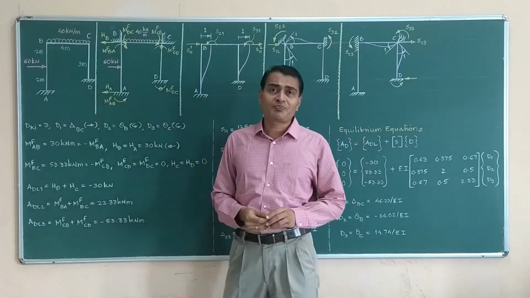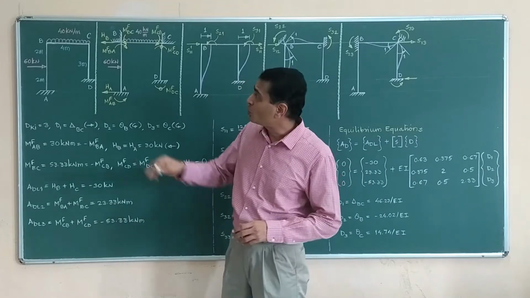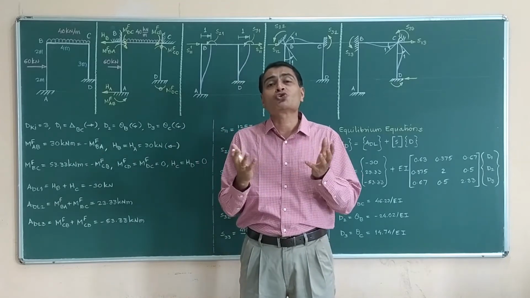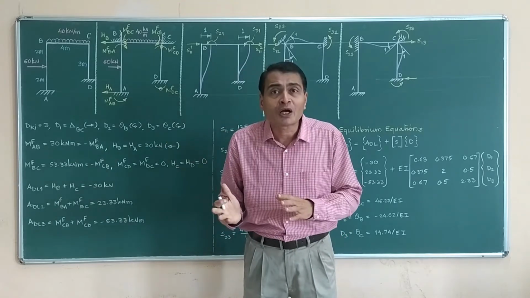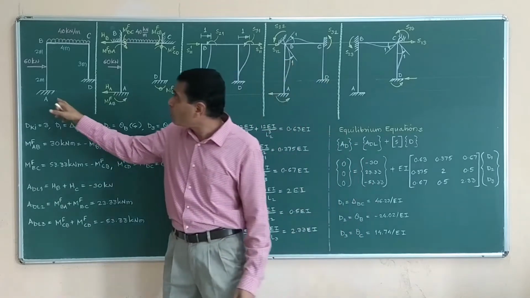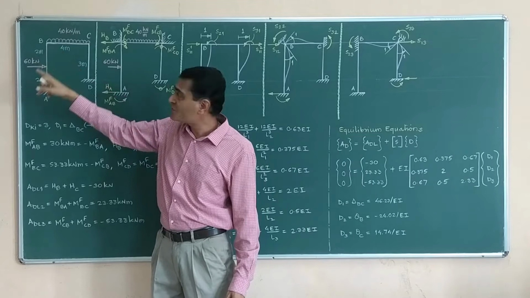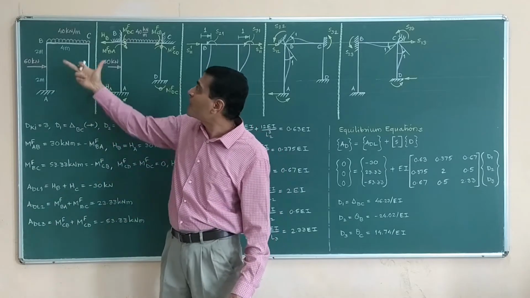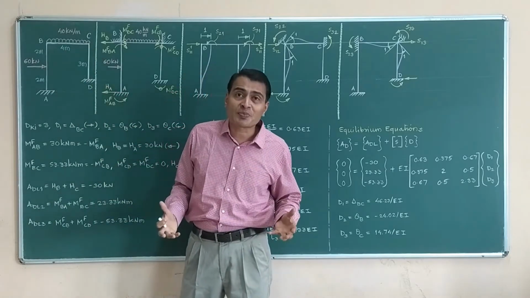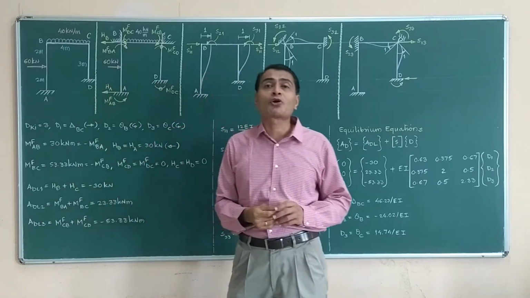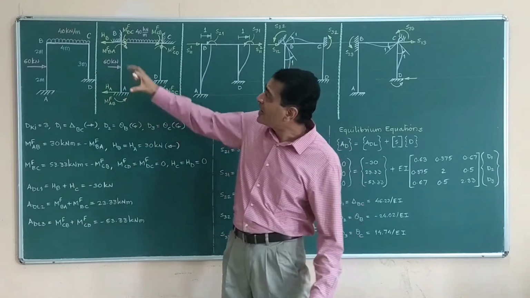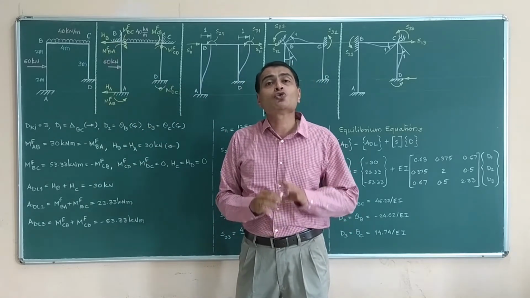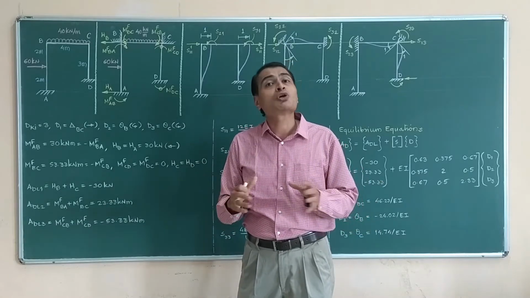This is our problem given, obviously a sway frame, because at B point or C point you can imagine that it is not restrained to sway at all. It is freely undergoing sway. We have column AB 4 meters subjected to 60 kilonewton transverse load at midspan. We have BC again 4 meter span subjected to UDL of 40 kilonewton per meter intensity, and we have column CD which is 3 meter span, and CD is not loaded with any transverse load.